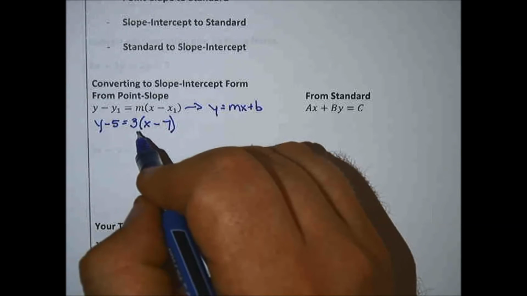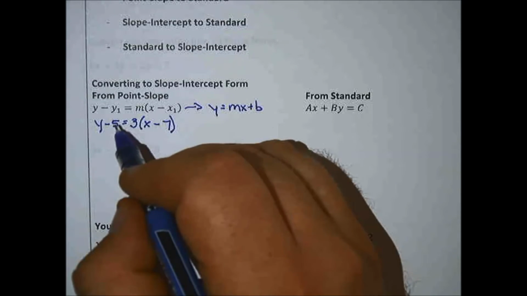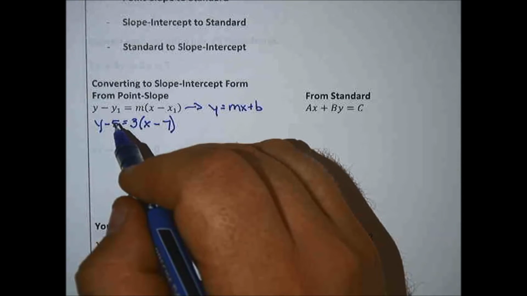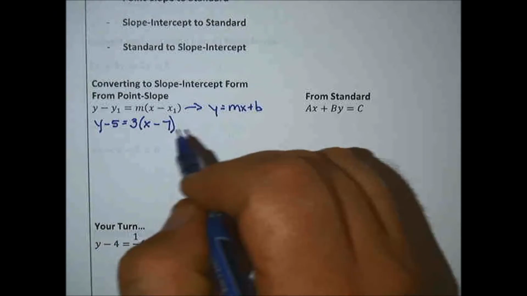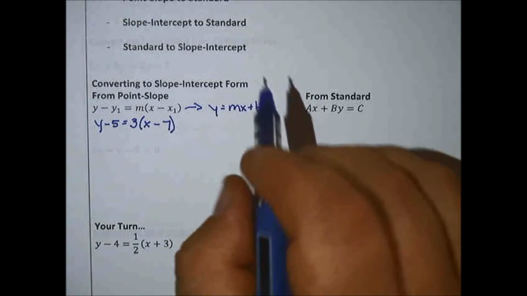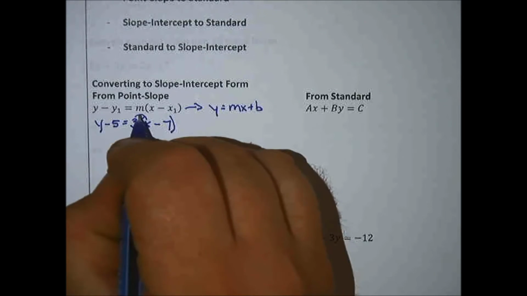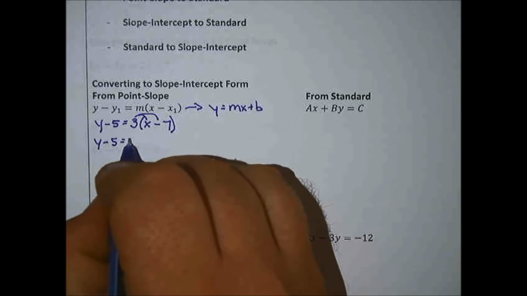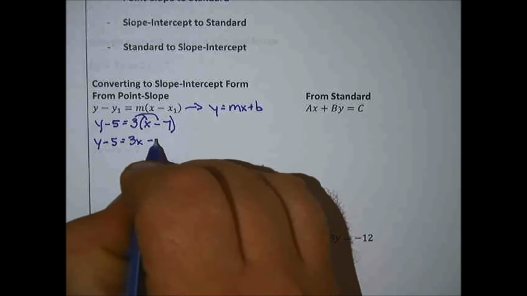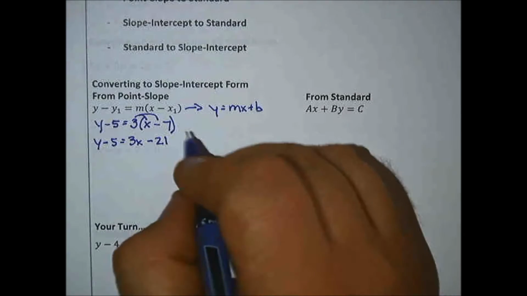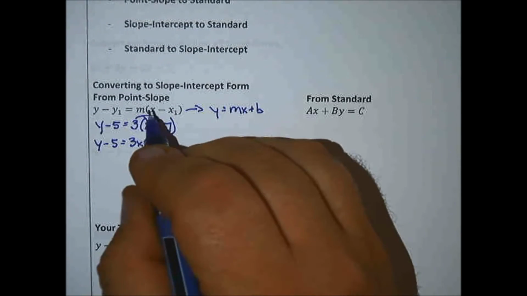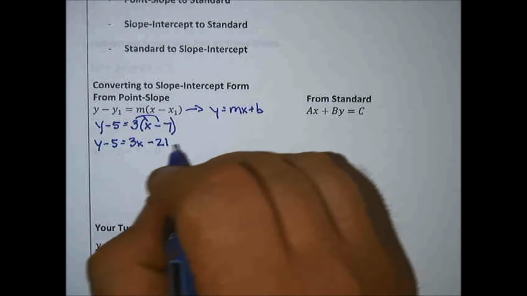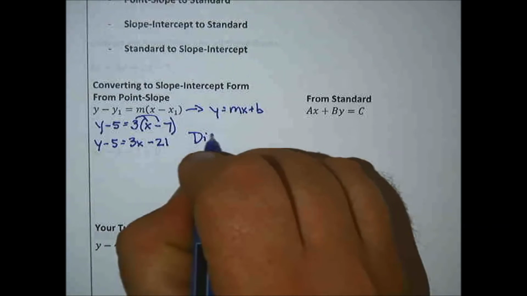I have my slope m, and the only real issue is I have this set of parentheses, and I have this 5 over here by y. I just want to make this thing look like this thing, and all we're going to do is move numbers around. I'm going to start off by distributing. So y minus 5 equals 3x minus 21. Whenever you're going from point-slope to slope-intercept, you're going to follow these steps. So distribute,